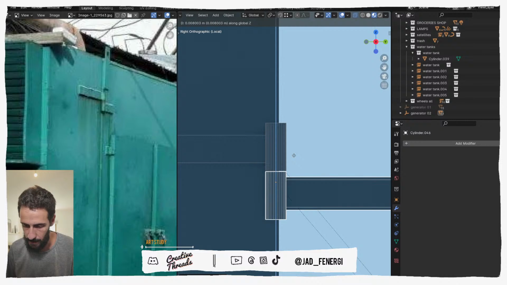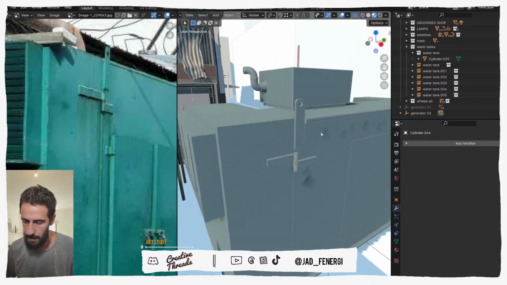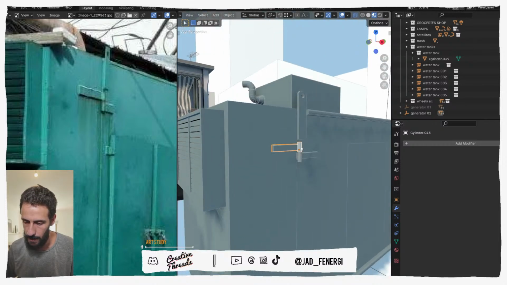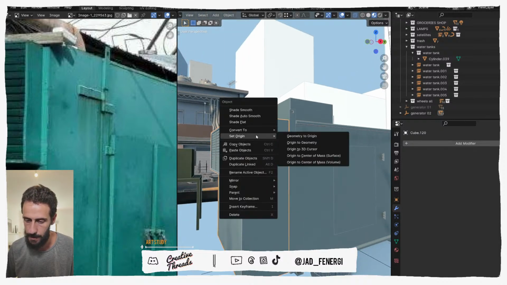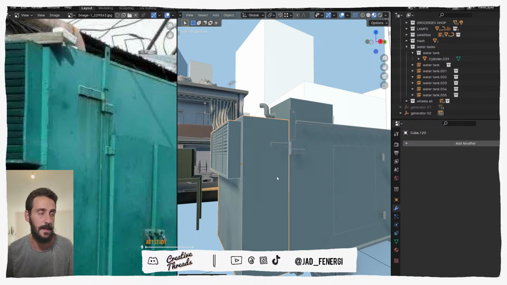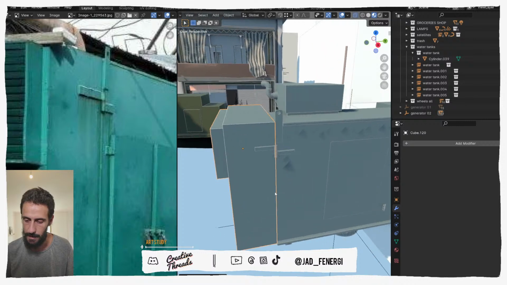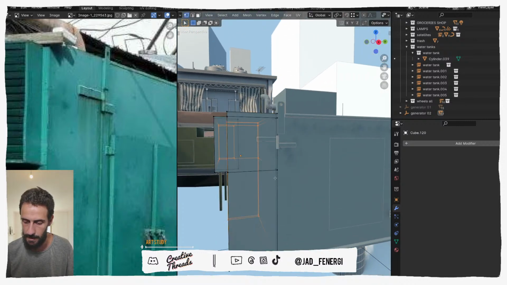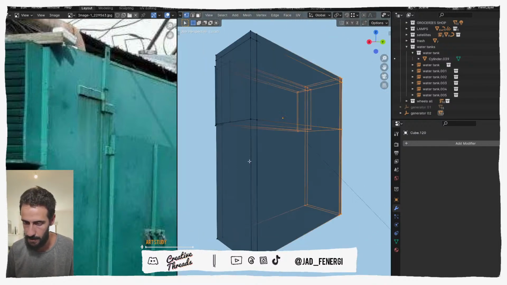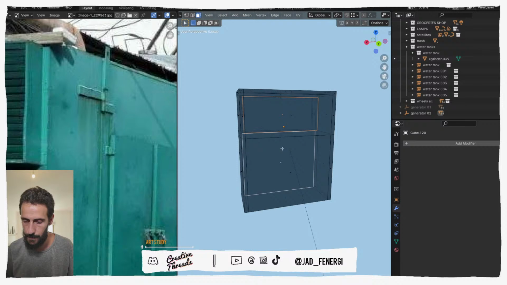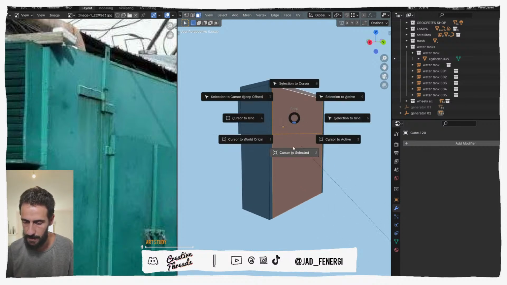So G on the Z, like this. And now I think if we right click here, set the origin to geometry, so now we have a midpoint, which is not the case. So instead, let's pick a different origin. So let's pick these two faces here, all of these faces here, Shift S, cursor to